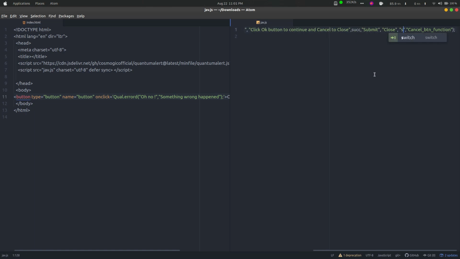Let me simply write the name submit func, and I will write here function submit. And if the user clicks on this, I will show them the alert again of the white color, simple white, with the heading hello, you clicked on.